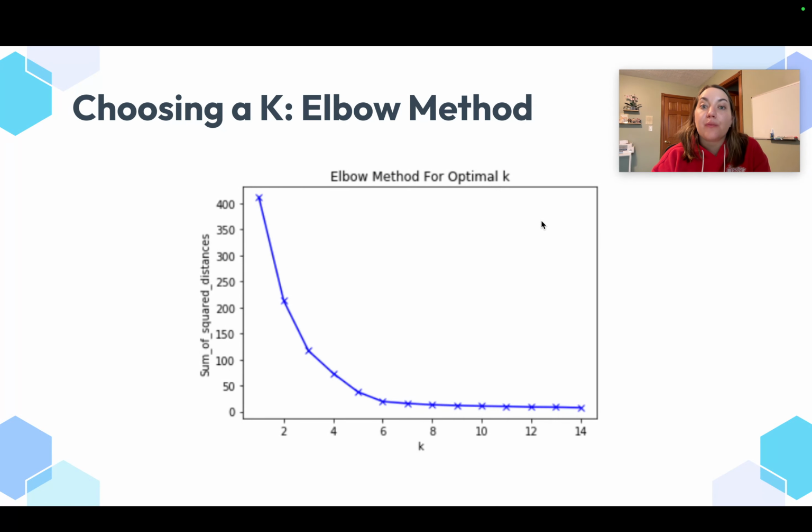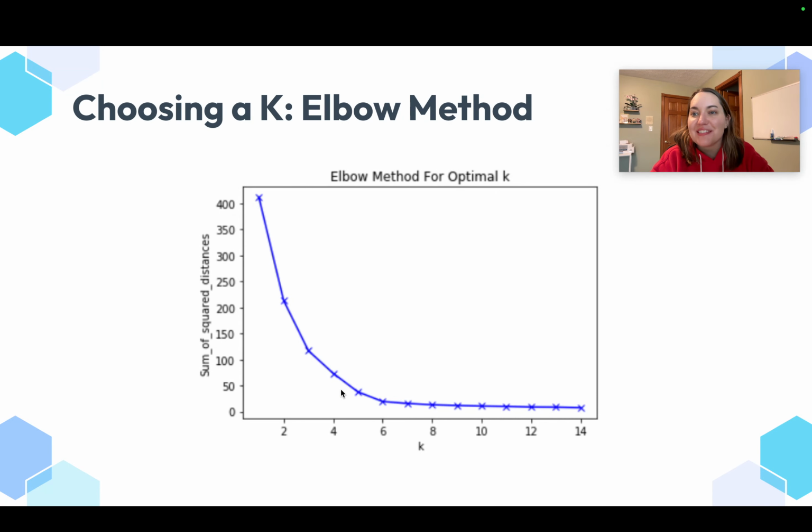And the other way I do like people to answer this is the elbow method. This is where you look at the sum of squared distances and your K in the elbow method. So you're looking at your elbow, you want that point. Here the best point would be about a 5 or 6. So you want to minimize the sum of square distances, go for the lowest K you can get away with